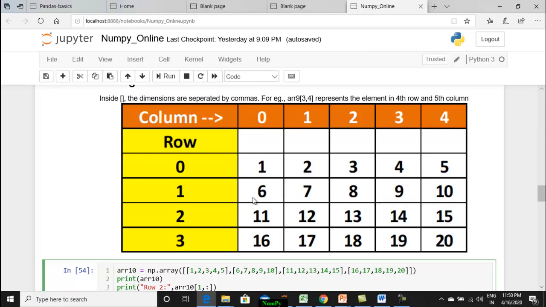Okay, how to do it? So the row number will be 1, right? And what about the column number? The start value is 0. It should end at 5, not 4. If you write 4, 10 will not be included, so 5. And what is the step value every time? 2. Okay. So 0 plus 2 it will display 8, plus 2 it will display 10.